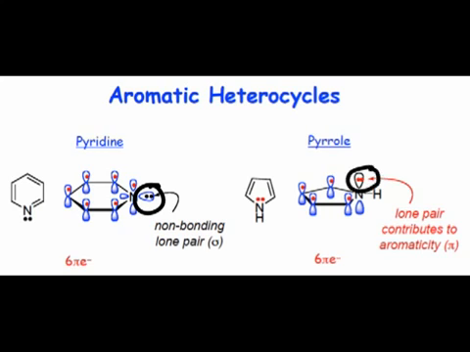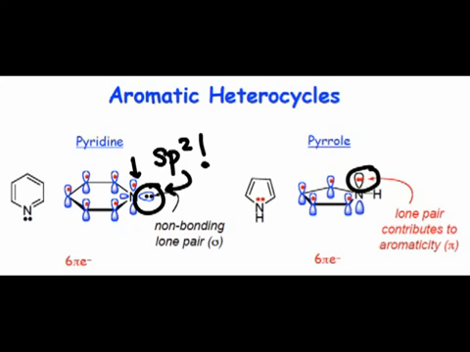A critical question we need to be able to answer is, does a given lone pair contribute to a cyclic pi system or not? In pyridine, we see that the lone pair resides in an sp2 hybrid orbital, part of the sigma set of molecular orbitals. The nitrogen atom contributes only 1 electron to the pi system because that's all it needs to contribute to satisfy